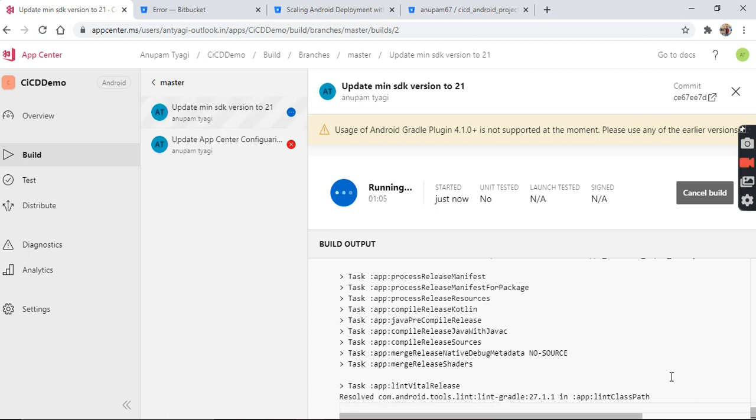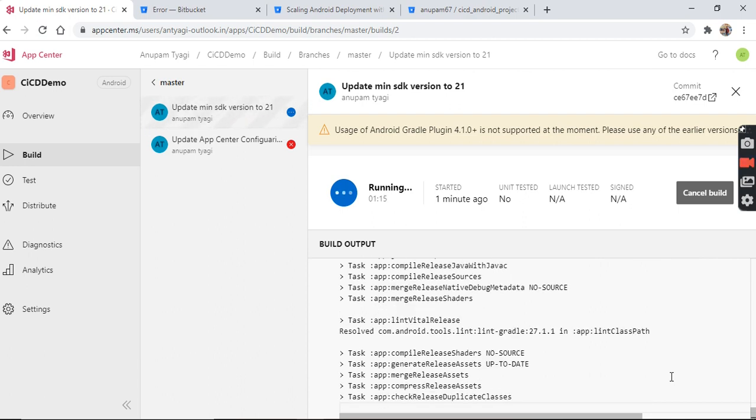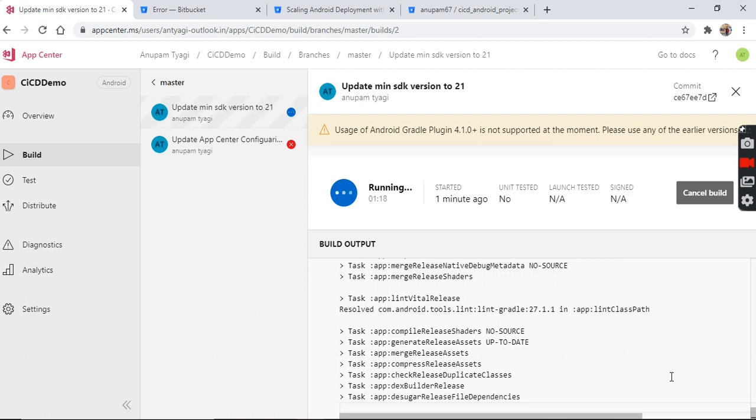So now the build is in progress. Let's see whether the build will succeed or not. Compile release, dex builder release. I hope it will be completed in this time.